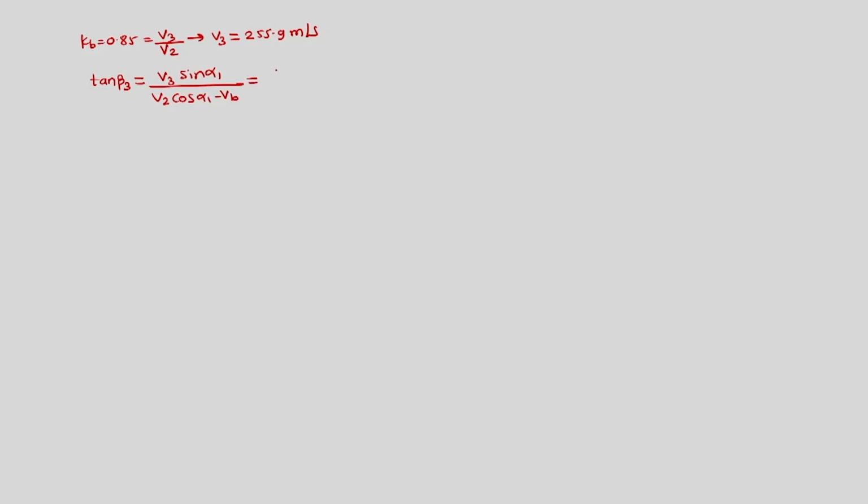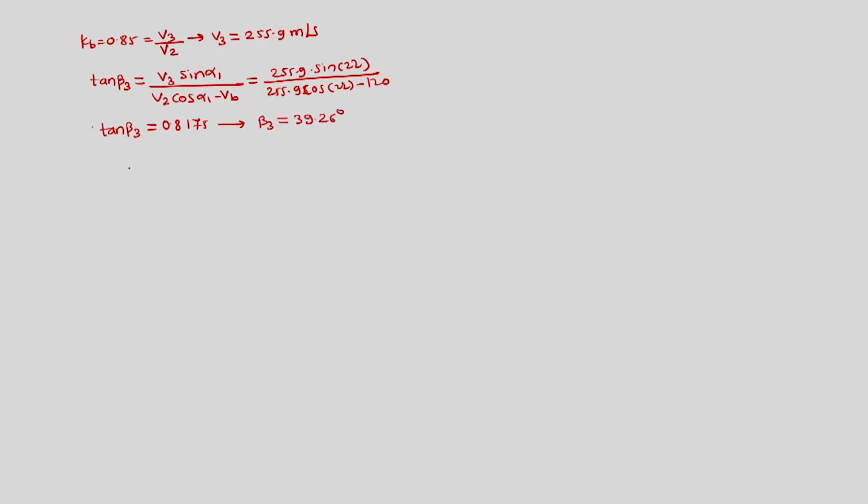Alpha 1 is given as 22, so 255.9 into sin 22 divided by 255.9 into cos 22 minus 120. This gives us tan of beta 3 equal to 0.8175,